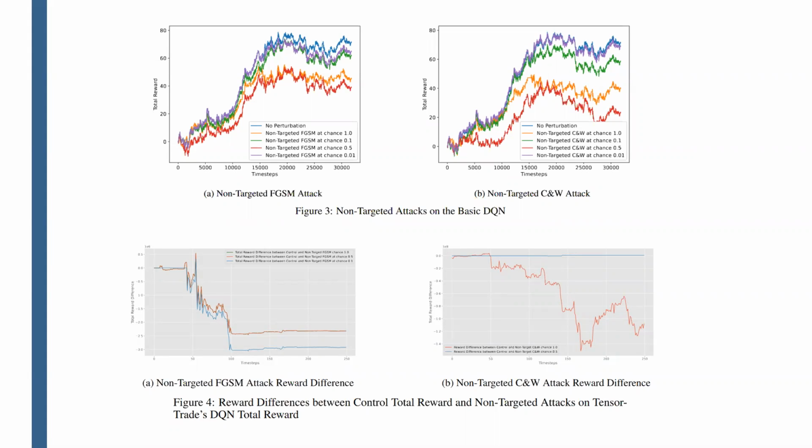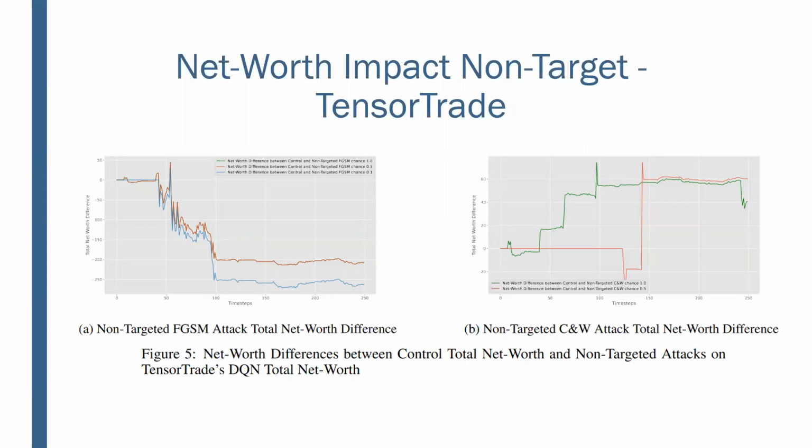And you can see in both cases, and on these cases that we mentioned here, that the total reward performance, this test time evaluation, is impacted by these attacks. But what's probably more important to traders is: are they losing money? Are their securities and external components being impacted? We can see here that these agents are impacted, particularly TensorTrade, because TensorTrade is the only one with an external security, which is its portfolio net worth. And we can see that the agent for TensorTrade is losing money when it's attacked.